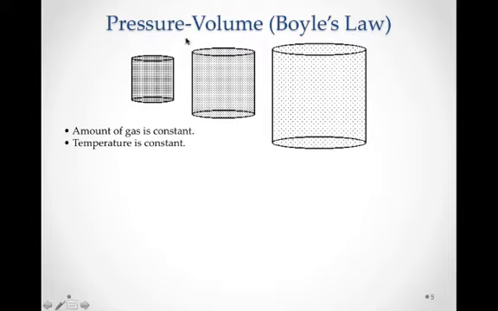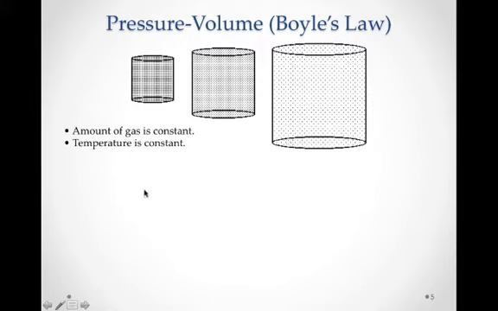We're going to start off with the relationship between pressure and volume, and that's known as Boyle's law. To do this, we're going to keep the amount of gas constant within our container here. So the number of particles within this container is going to stay the same. The system is going to be a closed system. We're also going to keep the temperature constant, meaning that we're not going to add or take away heat from